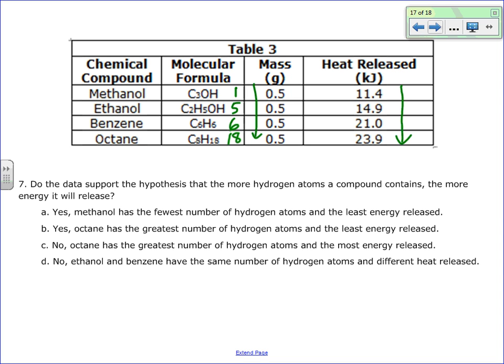No, it's not, because there's two H's and 6. Right. There's actually 6 H's here, not 5, because there's an H here plus 5 more. That means there's 6 total. So then this relationship no longer makes sense, because if they have the same number of hydrogen atoms, you'd expect them to have the same heat released if that relationship was true. But that's not true, so the relationship can't be true, which means you can get rid of your yeses, and all you have to do is find the one that matches: ethanol and benzene have the same number of hydrogen atoms, but different amounts of heat released,